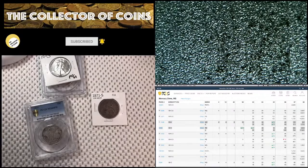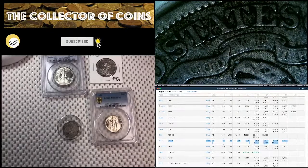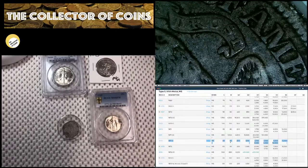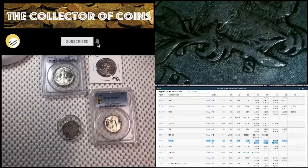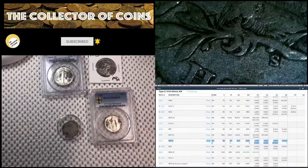This is after the Civil War. So this is during the big move out west to San Francisco. Only 2.2 million of these minted. We'll take a look at the characteristics that make me think that, and I'm trying to grade conservatively. Worth $90, right? So this kind of fits a little bit of the notion of 3 times